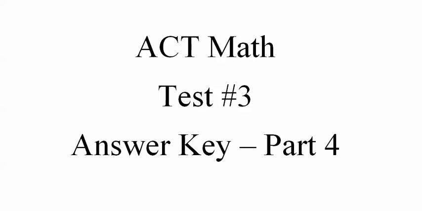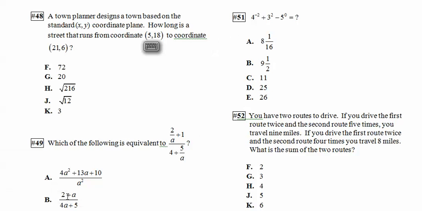ACT Math, test number 3, answer key for part 4. Town planner has his town in an XY coordinate plane, because that's how I live my life, in an XY coordinate plane. Anyway, it's 21.6